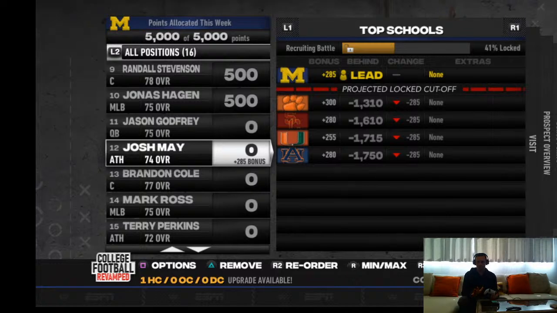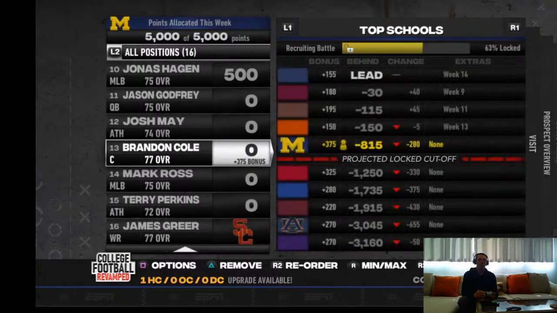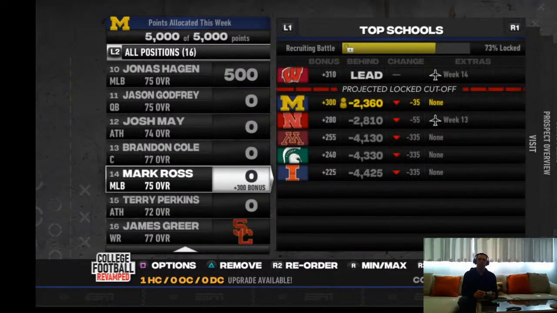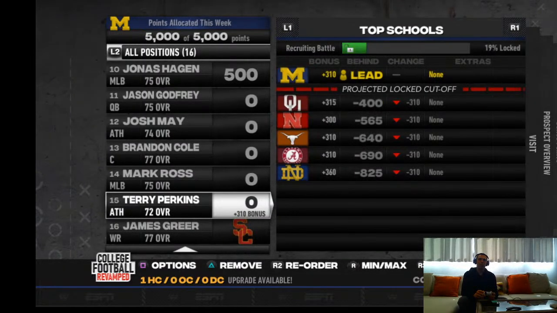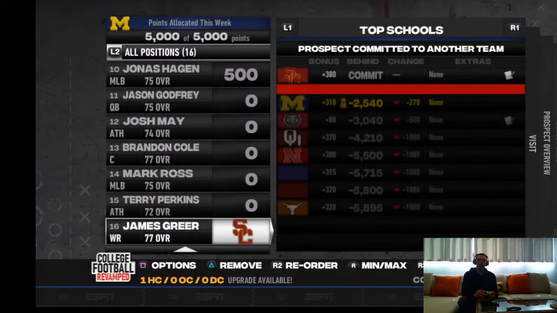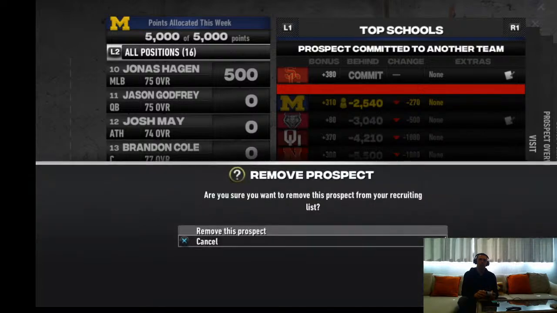And if that guy doesn't ever sign with the team, I just pretend he's going to first or last chance you or something like that. Maybe his grades weren't up to snuff or whatever you want to come up with on your own there. So Mark Ross, he doesn't have any offers yet, so we can leave him in there, but we're pretty much out of the running for him. And then James Greer, who was kind of our wide receiver alternate, he has committed to USC, so we can remove him. And that's our board.